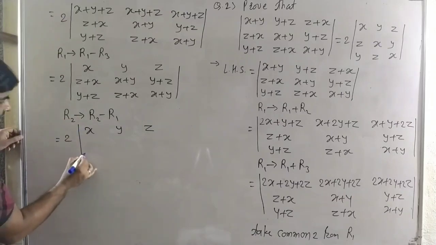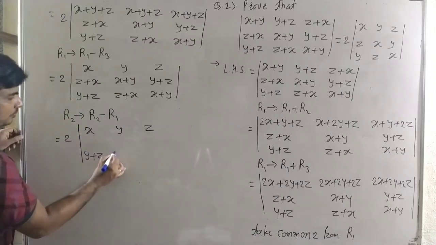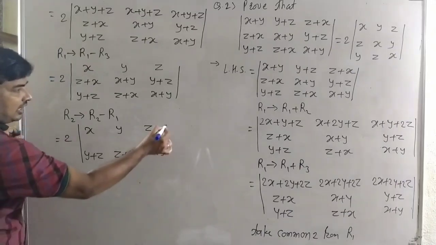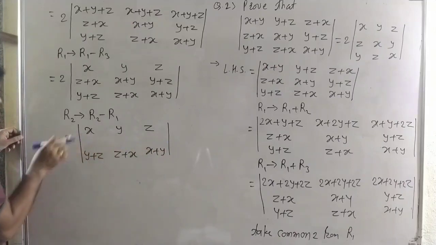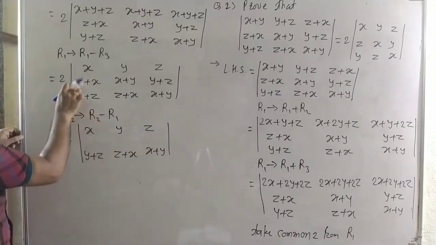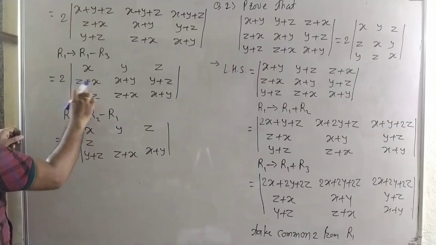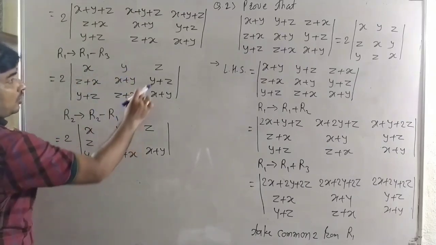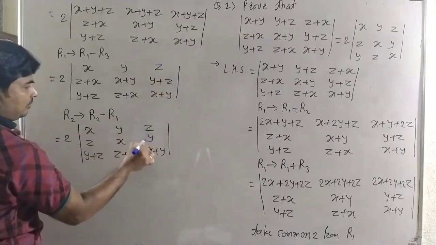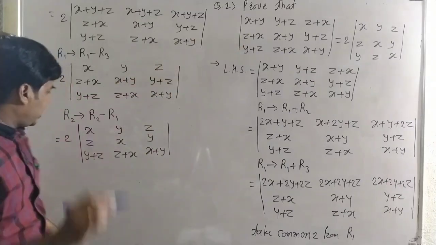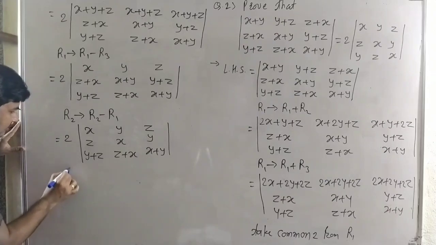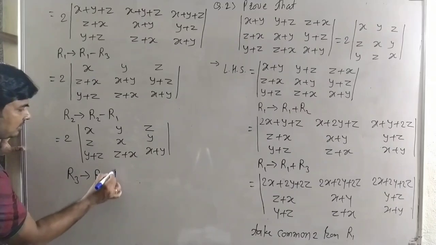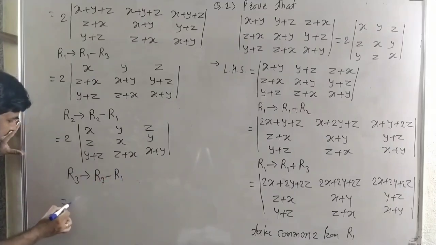R3 again as it is. Y plus z, z plus x, and x plus y. R3 again as it is. And here R2 minus R1. Here we get z plus x minus x, x plus y minus y, it is x. Y plus z minus z, we get y. Okay. Here we get the second row. And now last, R3 minus R1. Okay. Then it is a 2 into